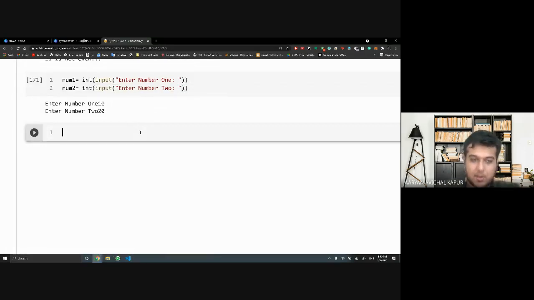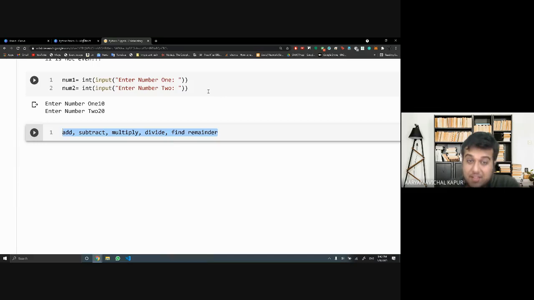Now I want everyone to create a calculator that can add, subtract, multiply, divide, find the remainder. Right? These are the 5 things that you need to do.